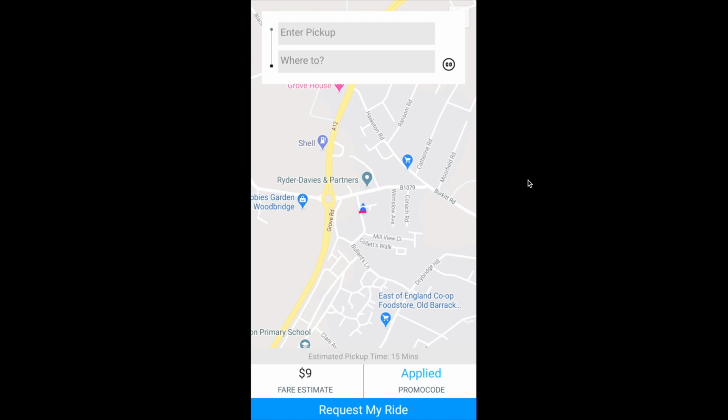Everyone, Naushad here. In this video we'll be designing our user interface. So the map page would look like this. On the top we'll have a grid row for the pickup location and for the destination location